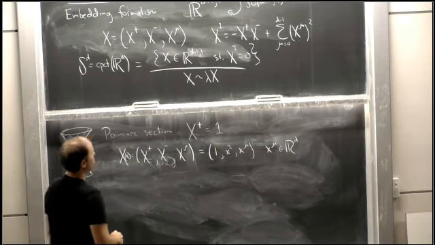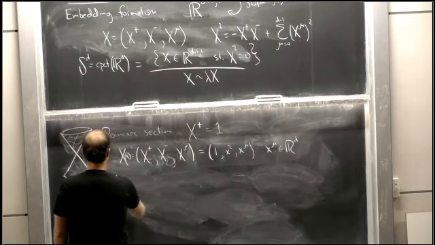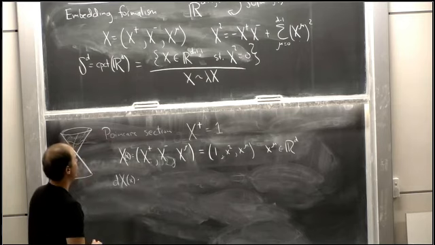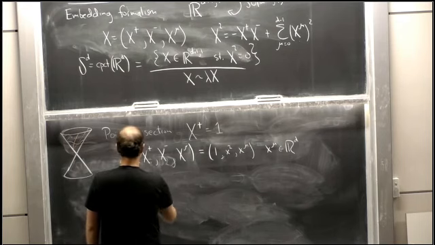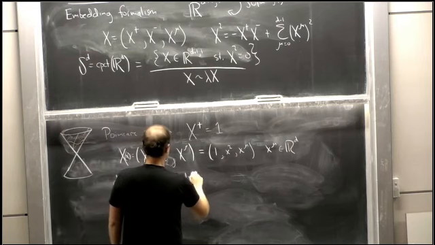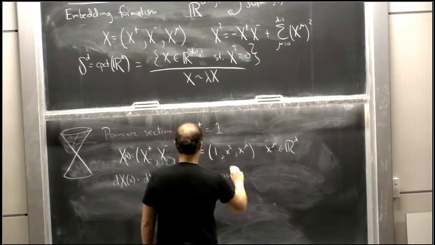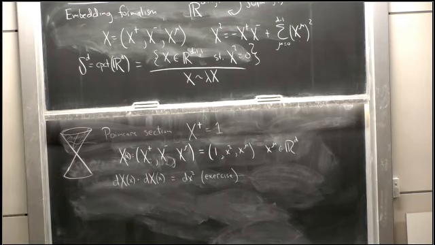And the metric on R^d you can get by just pulling back the metric on the embedding space. So we compute dX(x) dot dX(x), and you can check for yourself as an exercise that this is equal to the usual metric on Euclidean space.